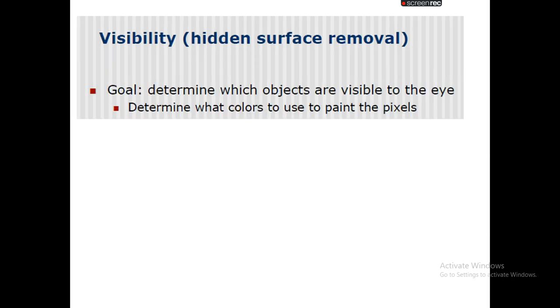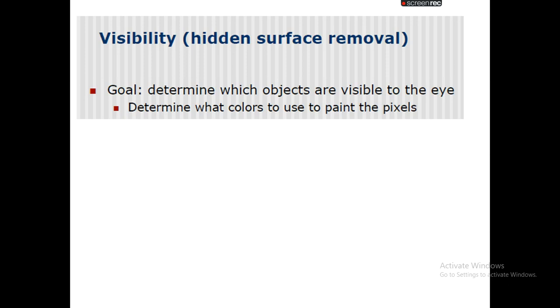Our main aim in this type of algorithm is to determine which objects are visible to the eye. Once we determine which objects are visible to the eye, we need to determine what colors to use to paint the pixels.